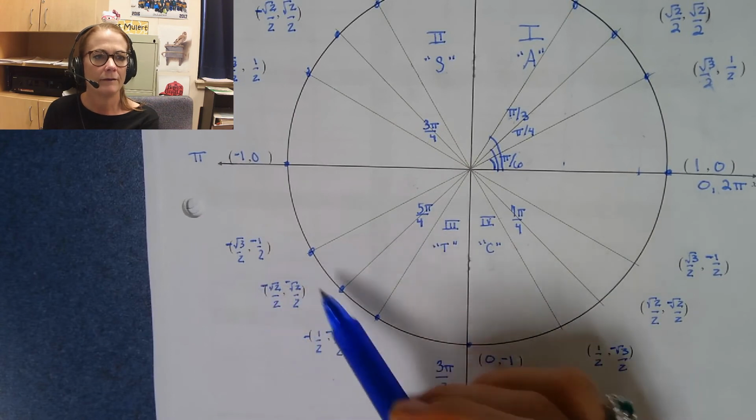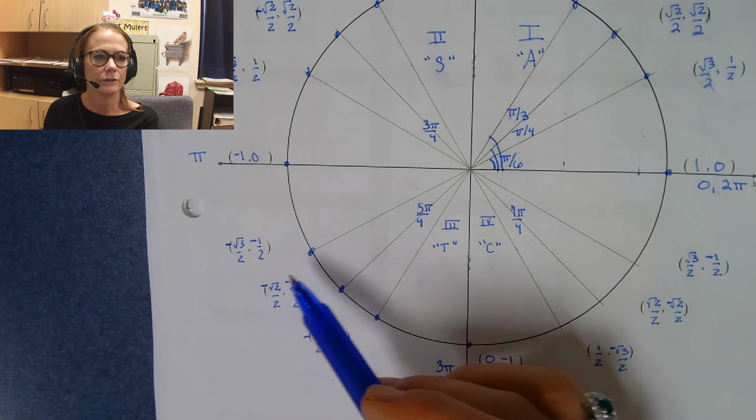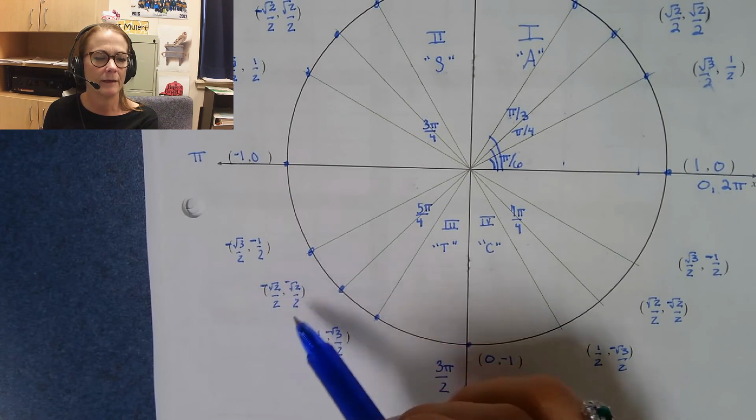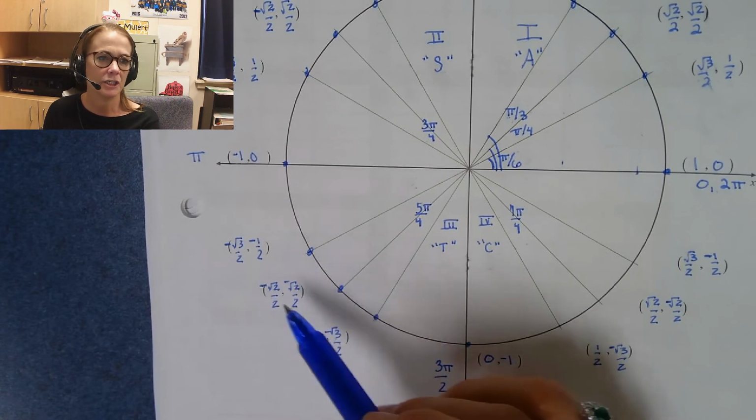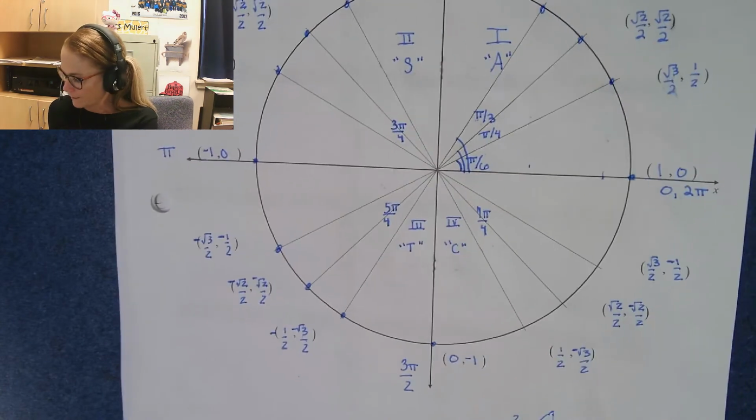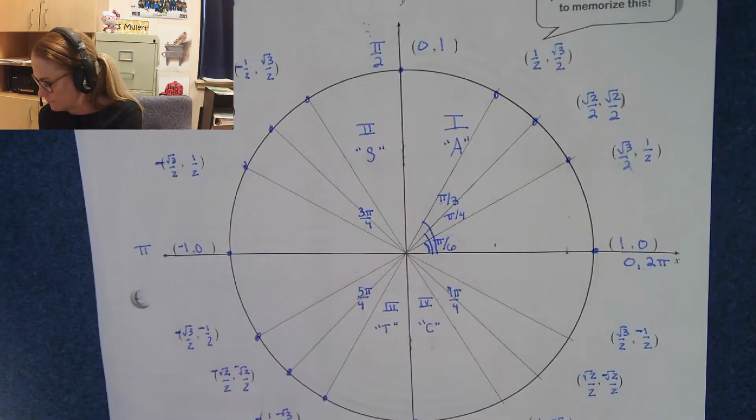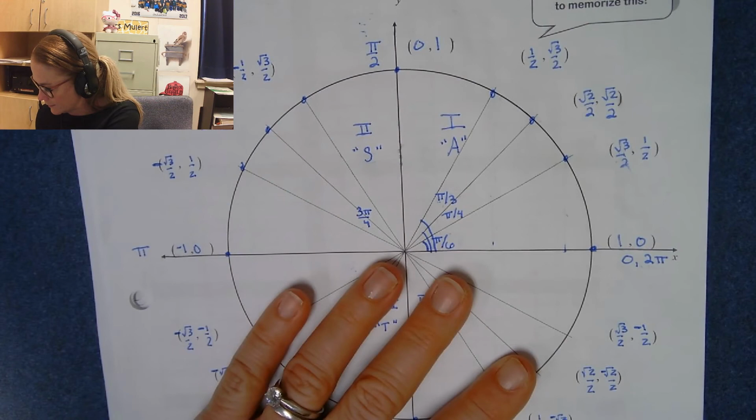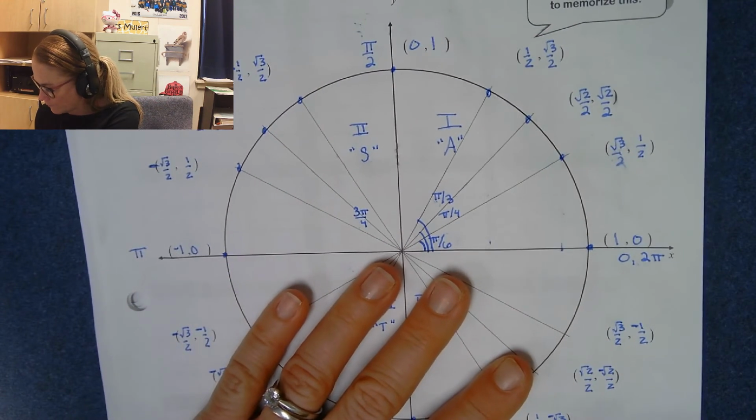Pi over 4 has root 2 over 2, root 2 over 2. The tangent of that would just be 1, and then you just have to think about your signs. That tangent is positive. Okay, so here, there's that. All right, let's go on and do the rest of this here, and let's go on to our 30